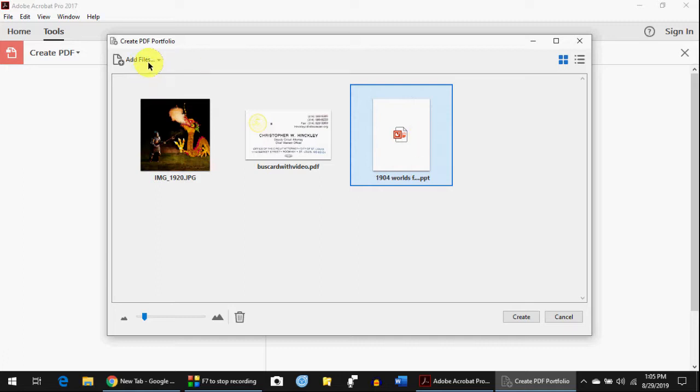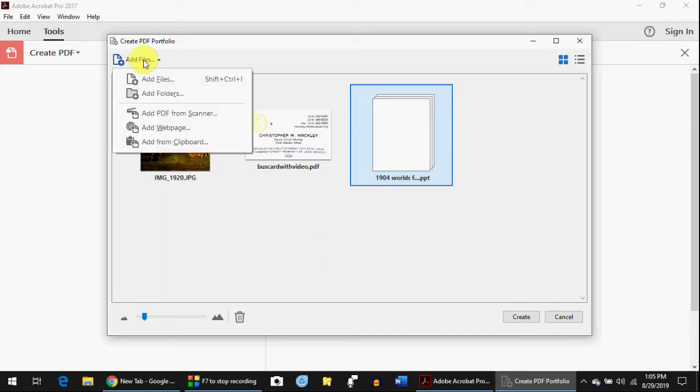But again, I could add video files, I can add sound files, I could, if I had a CAD program, pick a CAD program and a CAD drawing and put it in here. As I mentioned to you before, if you put files in that are like CAD drawings, then the CAD application has to be on that computer that's going to open this portfolio, or the person won't be able to view the file. It has to use the native applications. So here it is now, it's finished processing that PowerPoint, and it lets me go out and add yet another